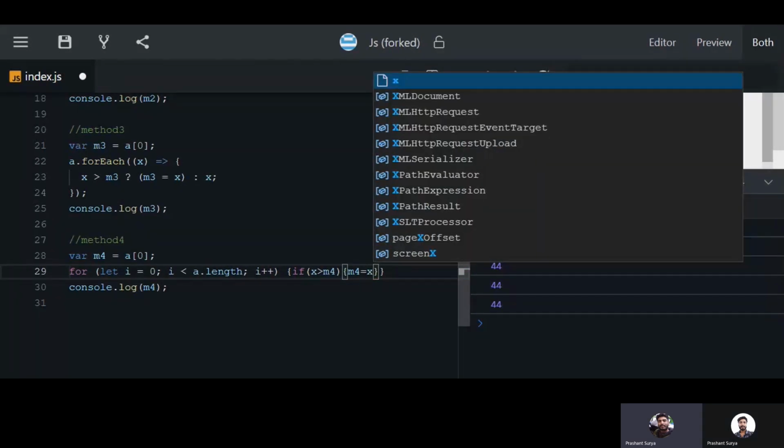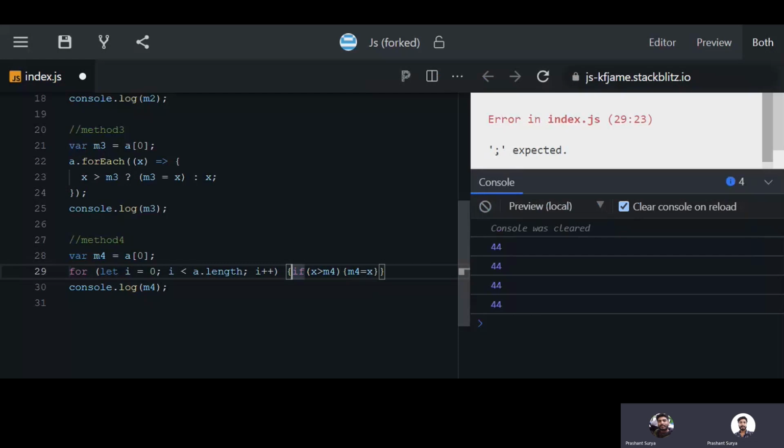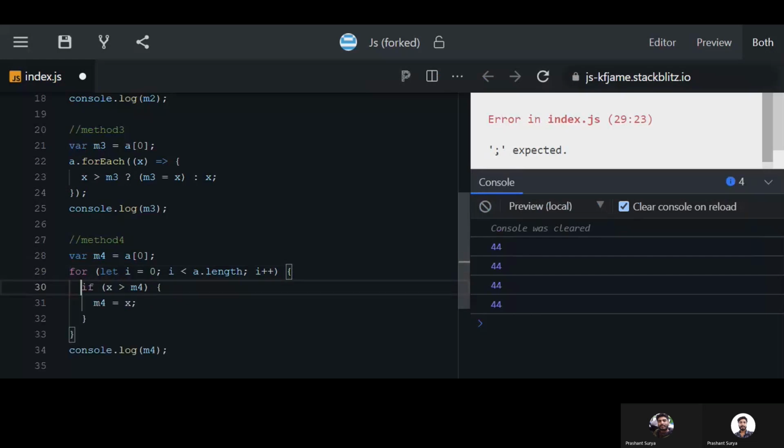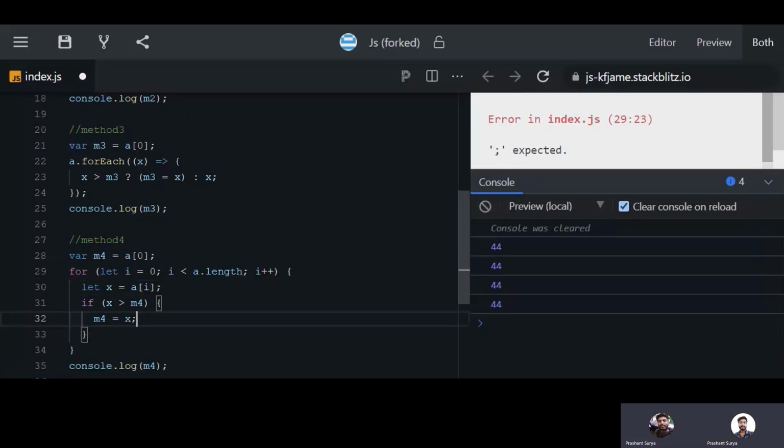Here it is not x, so we have to define let x equal to a of i. Okay, so now you will get